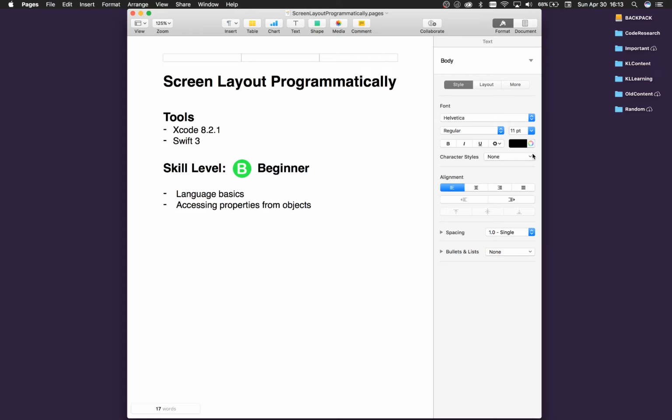And as you can see, I have selected this to be a beginner level tutorial. All you really need to do is know the language basics and just know how to access different properties from objects, and that's all you really need to know. And after that, you can just move forward and do all this stuff yourself. I wanted to keep it really light and really easy, or at least the topic really light and really easy,